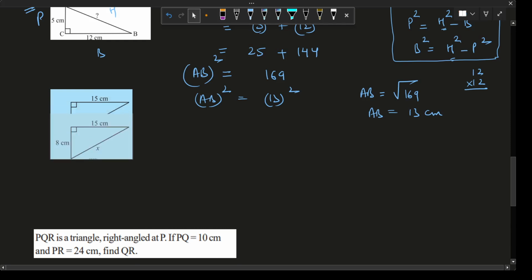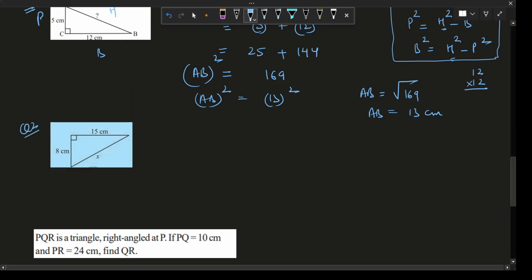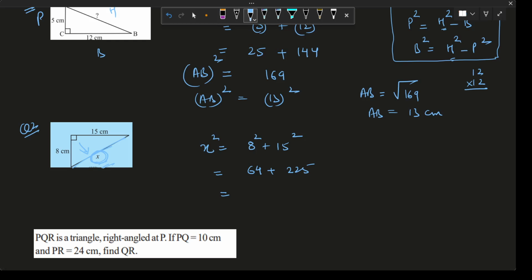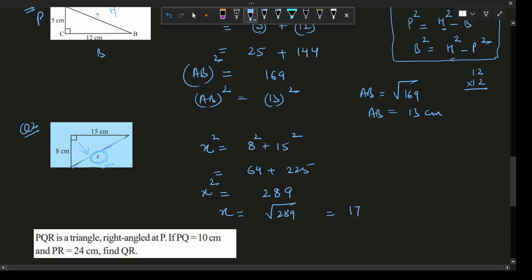Yeah, now let's do the second question. Second question में फिर से देखो आपको hypotenuse ही calculate करना है. It's given x. Okay, so x square is the hypotenuse. अब ये समझना है कि longest side जो starting side है opposite to this symbol is your hypotenuse. So x square is equal to 8 square plus 15 square. What is 8 square? 64. What is 15 square? 225. You add it, you will get what? 289. 289 किसका square है? If you all remember, it's a square of 17. So 17 centimeter you got x as. Okay. So x is my 17 centimeter length.